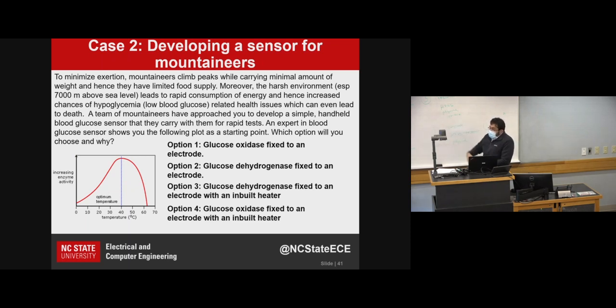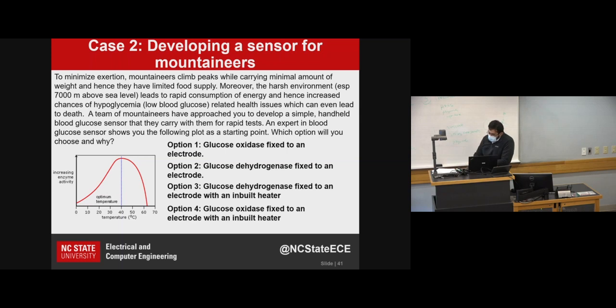So a team of mountaineers have approached you to develop a reliable sensor for them. You have talked to some experts. They have given you some challenges that are there. So based on this information that is available,